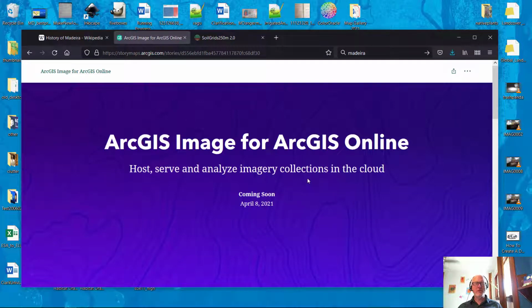Hi, I'm Michael Dangermond, and today I'm going to show you a workflow for how to produce thematic image layers in the new ArcGIS Image for ArcGIS Online. This is a hosted environment where you can publish image layers that can be consumed online. It says here on this story map that it's coming soon, but it's out now, and I had an opportunity to work with this a little bit, and so I can show you how to get started and produce some